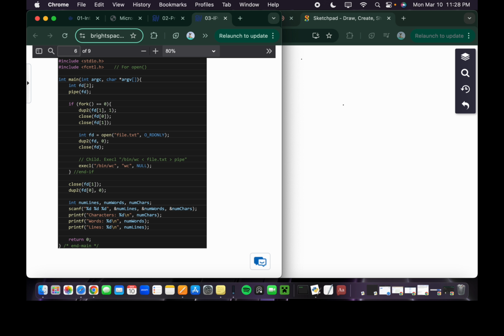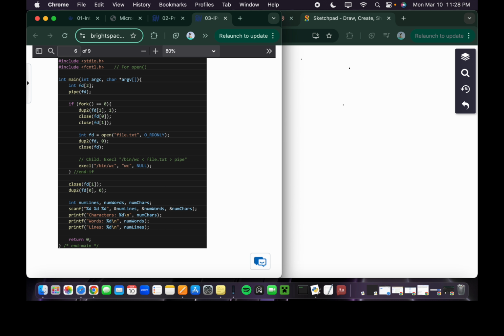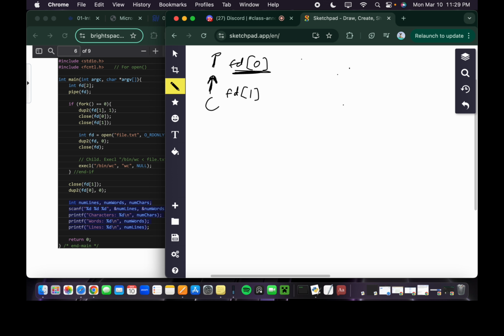Okay. Actually, wait. Yeah, this isn't too bad, actually. Okay, I see how this works. Yeah, I think it was just the scanf that was confusing. So this is literally just saying, take the output that came from this pipe, it goes into the parent, and instead of just printing it out like we're used to, like printing to the console,